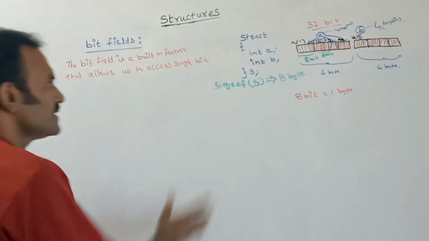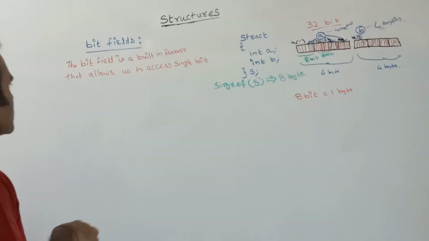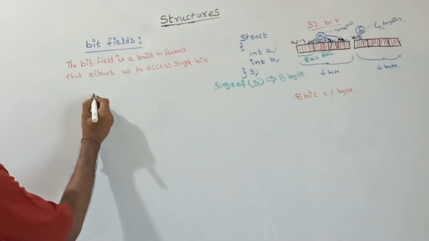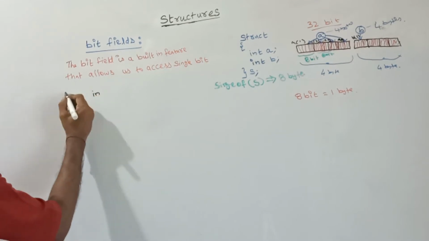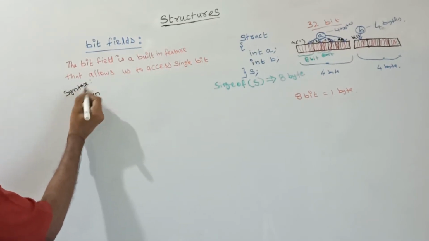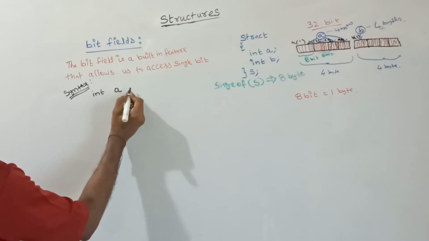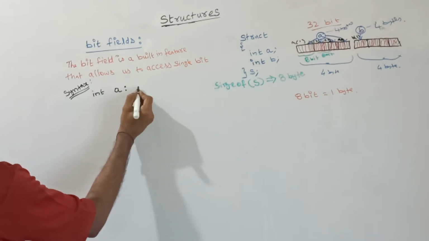See, now in the same way, for bit fields we are allocating at bit level. The syntax for the structure bit field is, when we are declaring the bit field, very first we should mention the data type, for example integer. Next is the structure member name, for example A, then we should give the colon. For a bit field, within the colon we can allocate the bits. How many bits we need, we can give here.